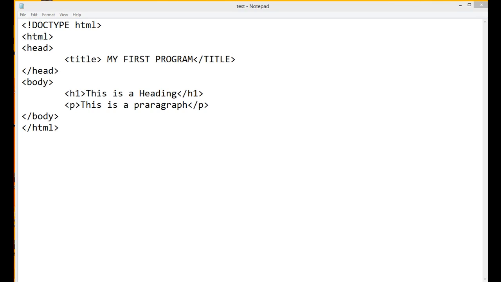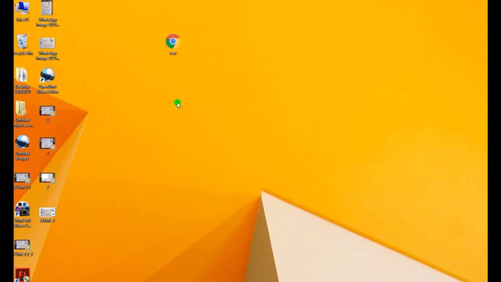Then next, after closing this notepad, how can you open it again? That I will explain. Now, how to open the notepad file and how to edit your HTML program. Okay, it's a very simple step.